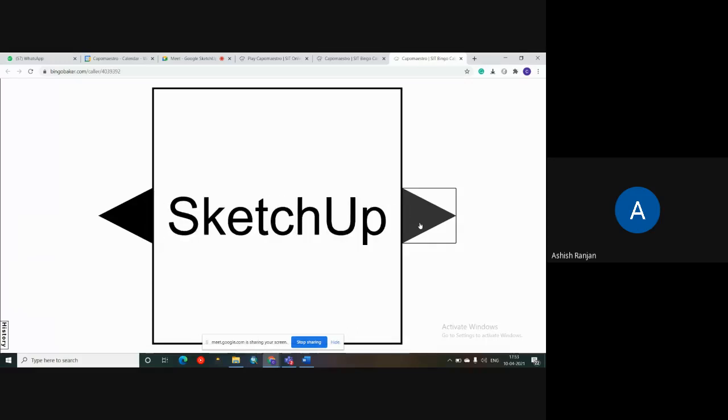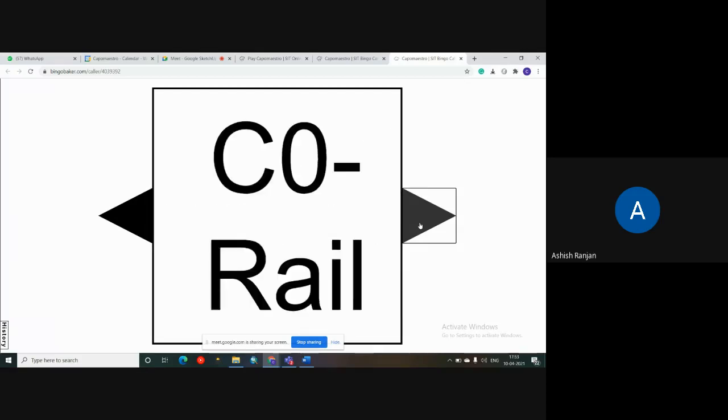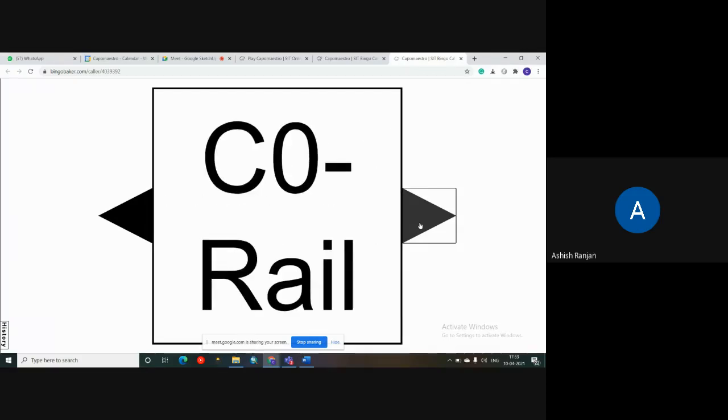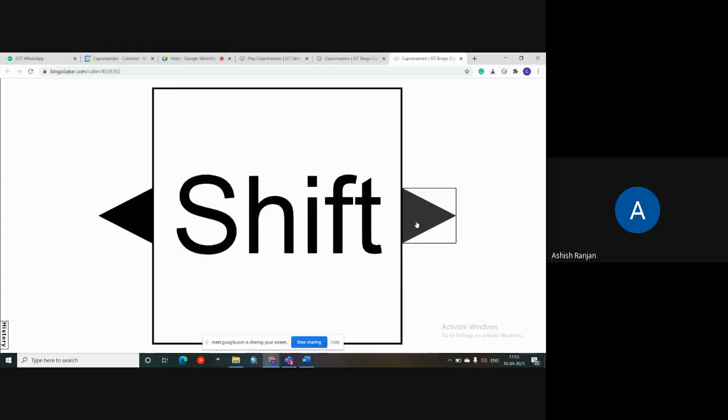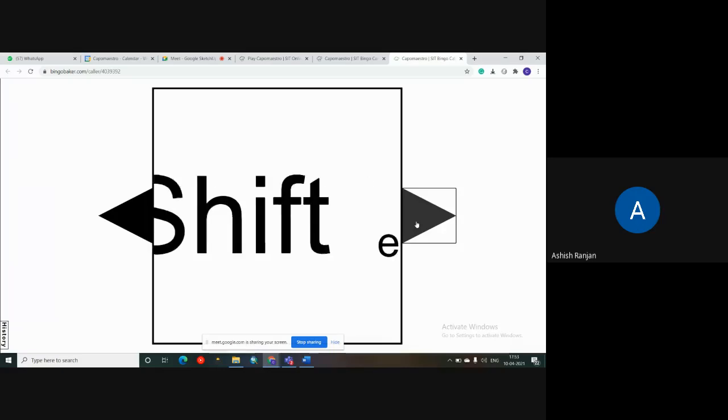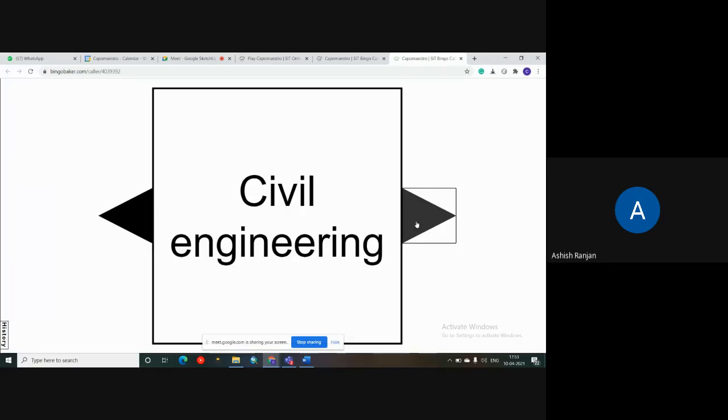SketchUp. Corel. Sift. Civil engineering.